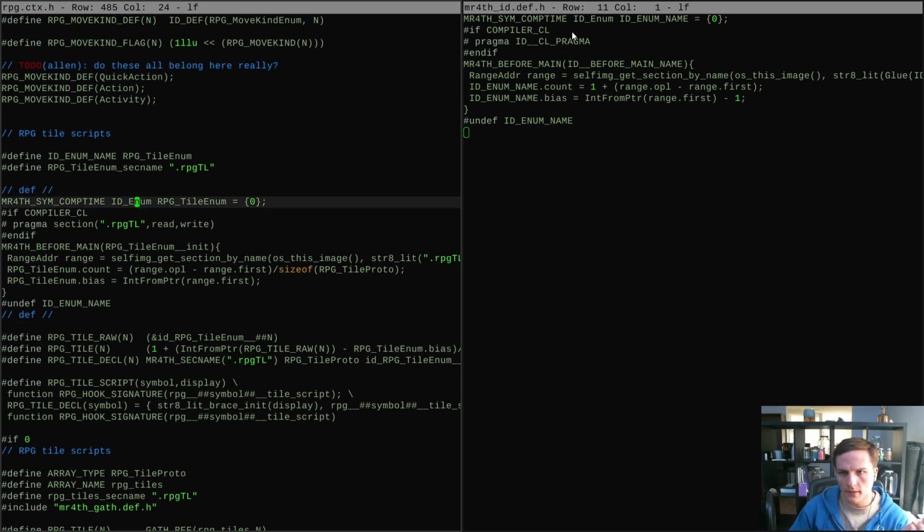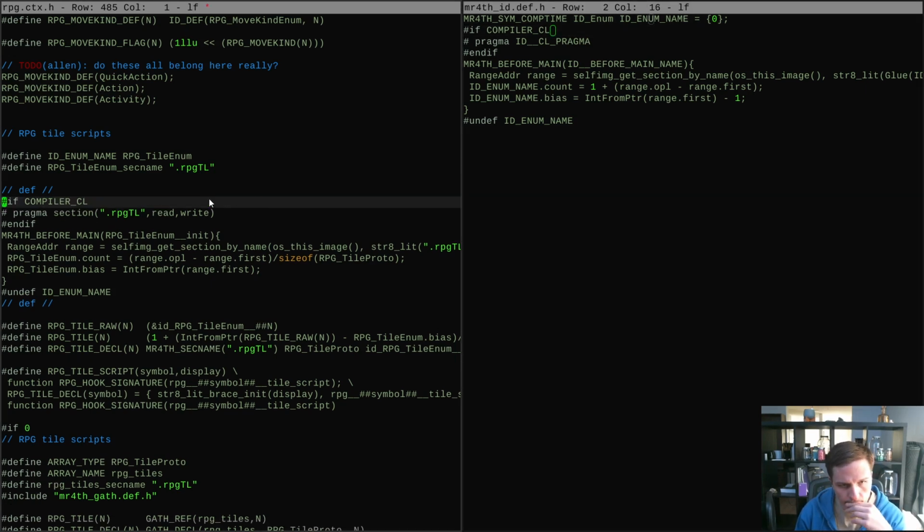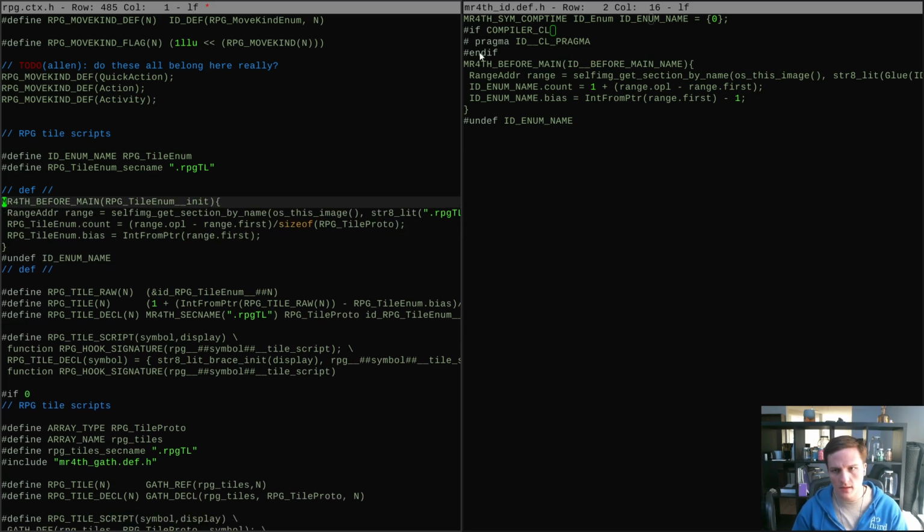That we're doing, this is this piece, that sets up the enum. This is this piece, that's good. This is this piece. Range comes in here, then we do range.opal minus range.first divided by size of